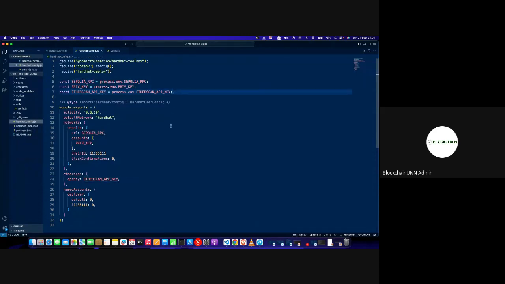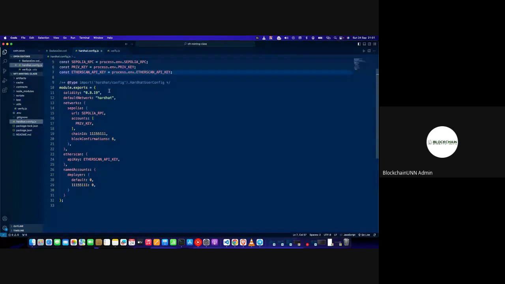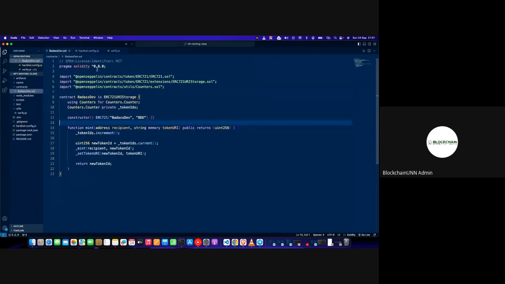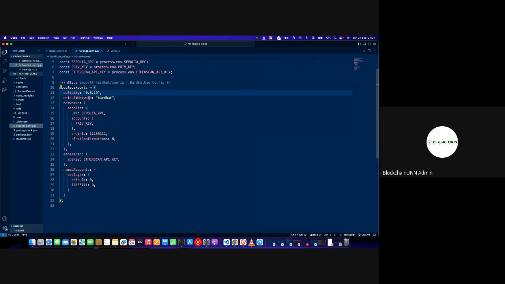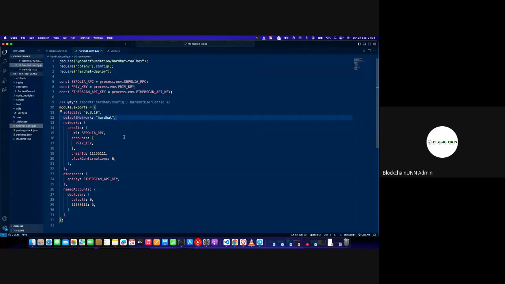Now, having done that, within our module.exports, we start with specifying, of course, the Solidity compiler version, which is 0.8.19. Because within our Solidity contract, we said any compiler greater than 0.8.0 should work, right? So automatically, this should also work. Then our default network is Hardhat. Now, we're not going to be using the default Hardhat